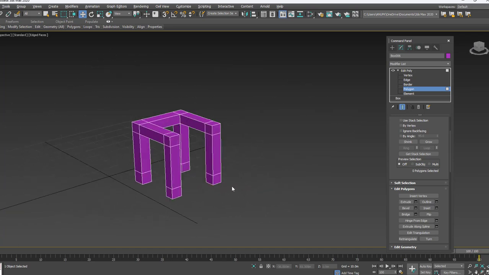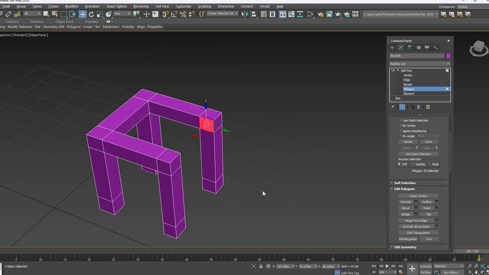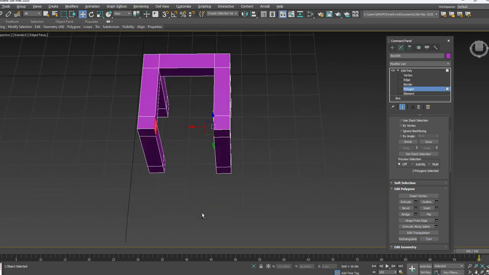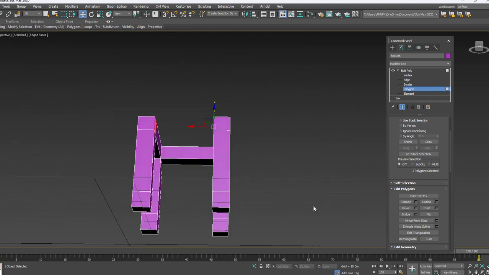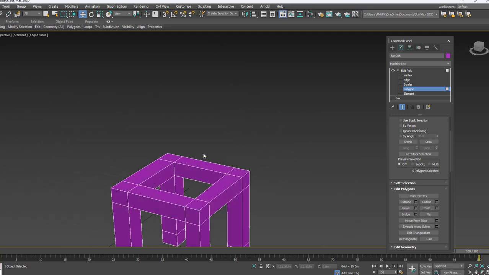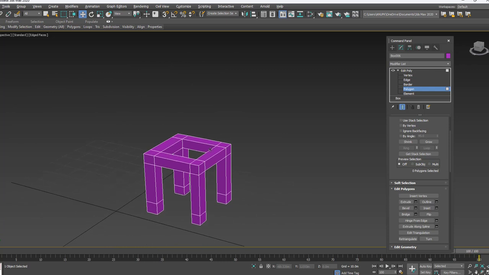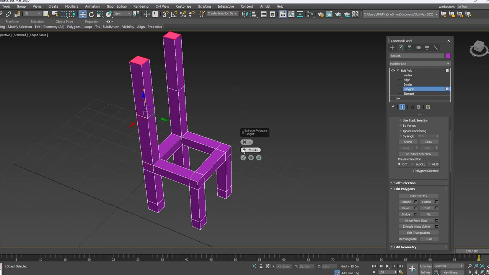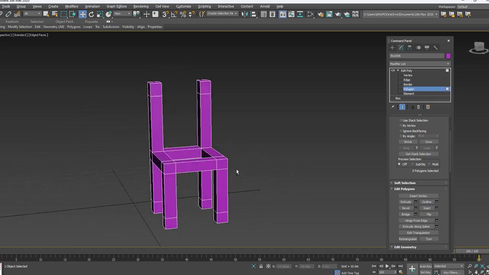Now either you extrude or else you select the multiple polygons by holding Control, and then now if I want to bridge these two polygons, then we have a bridge here, bridge it. So this is how you can create the table, and later on you can push this and this again by using the extrude option, and again one more step, reduce the height little, finish it.